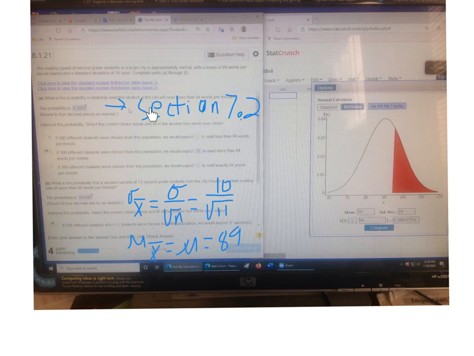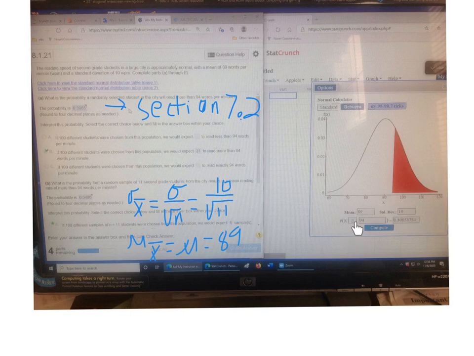Go back and look at section 7.2. I mean, there's nothing new. There's nothing from chapter 8 in this. You just take your mean. You've got access to the normal calculator. Click on Stat, Calculators, and choose the normal calculator. You put in your mean, 89 words, standard deviation 10 words per minute, and you want more than 94 words a